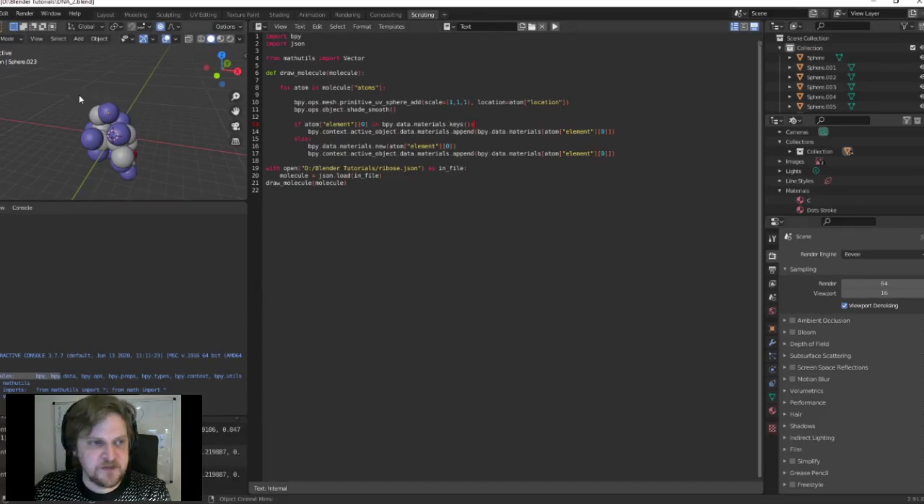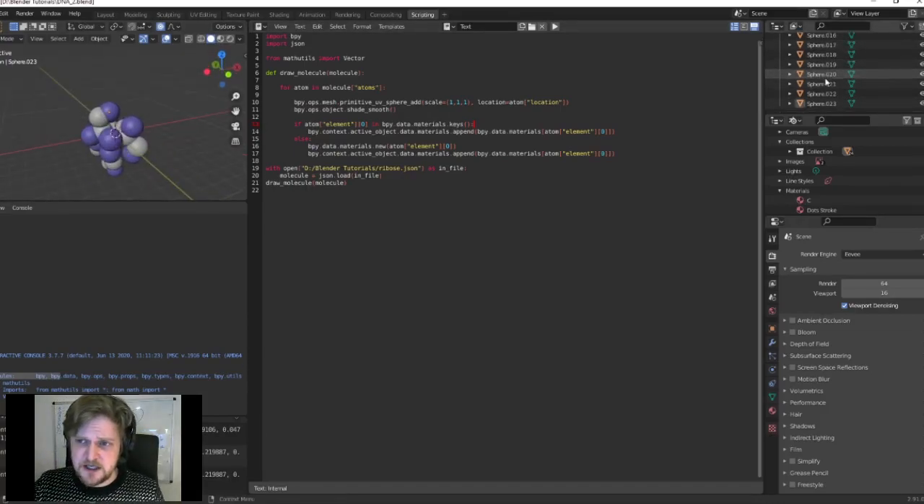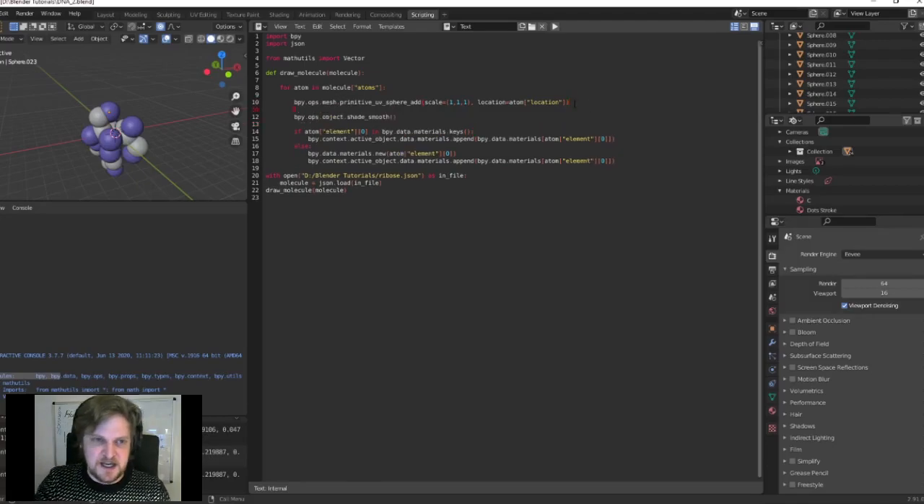So there's a couple of things that I need to change. One thing I don't like is that every atom here is just called sphere. So that makes it really hard to tell which atom is which. So what I'm going to do here is assign a name to each sphere that's just its element. Okay, so I'm going to say bpy